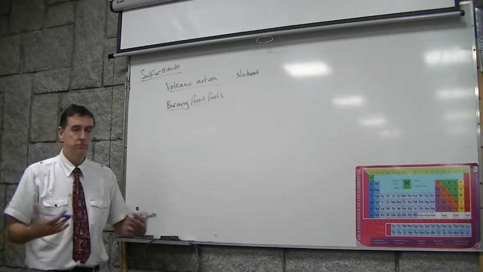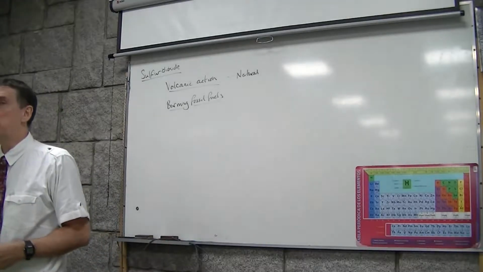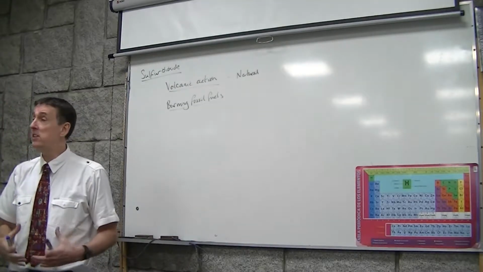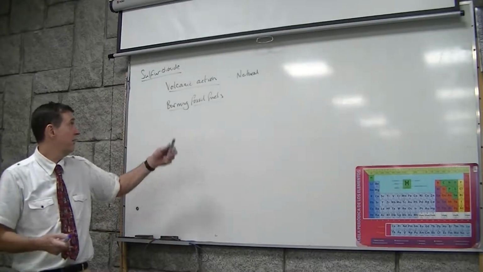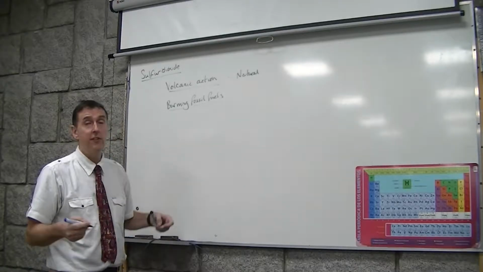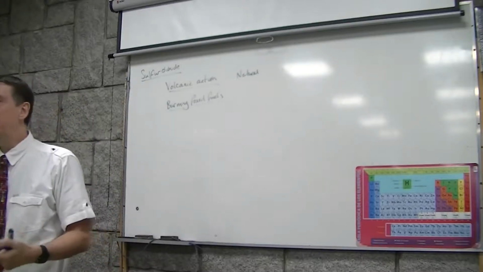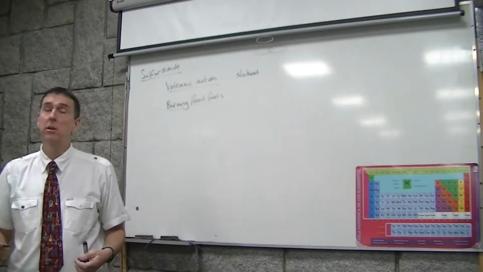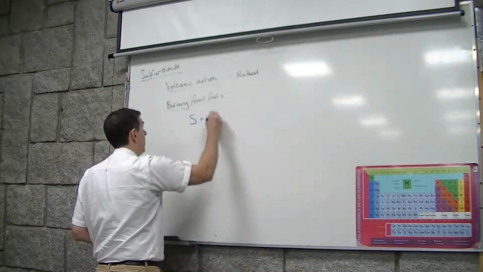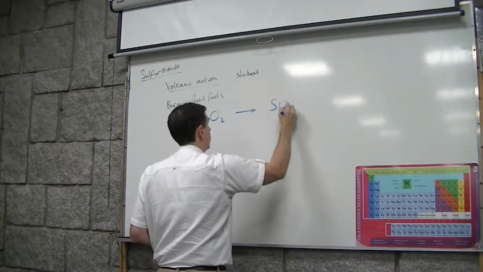So if you've got proteins which are made of links of amino acids, and a couple of the amino acids contain sulfur, then logically your proteins also contain sulfur, so the living systems contain sulfur, and so the fossil fuels also contain sulfur. When we burn fossil fuels to get energy, mainly by burning the carbon content, any sulfur in the fossil fuel will react with oxygen in the burning process and make sulfur dioxide.